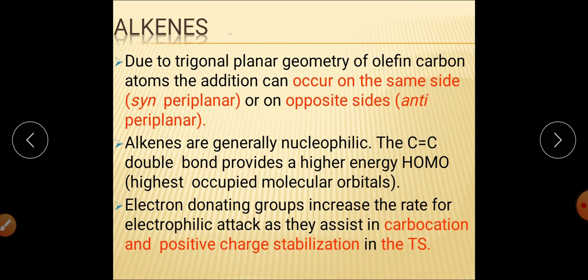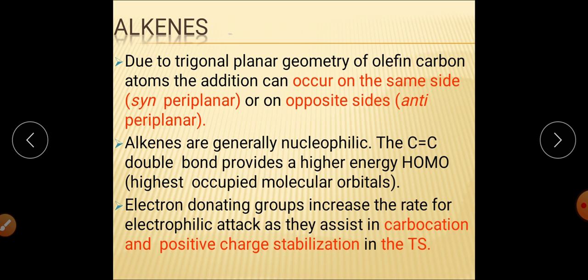Now, that was the general reaction mechanism of the electrophilic addition reaction, its stereochemistry, and all about the Markovnikov addition. When we talk about addition reactions, first we will discuss addition to the carbon-carbon double bond, then addition to the carbon-carbon triple bond. Then we will also take some aromatic systems, in which there is delocalization of pi electrons and carbon-carbon multiple bonds. Alkene, due to its trigonal planar geometry, can have both choices of addition reaction: syn addition as well as anti-addition can happen.